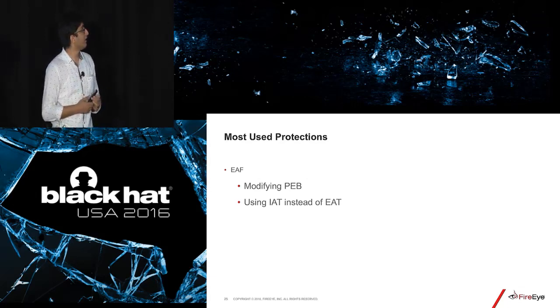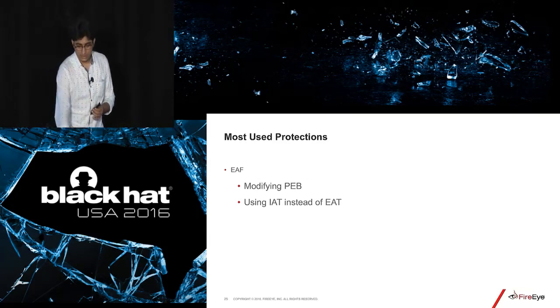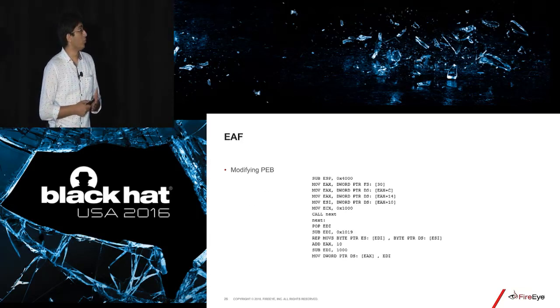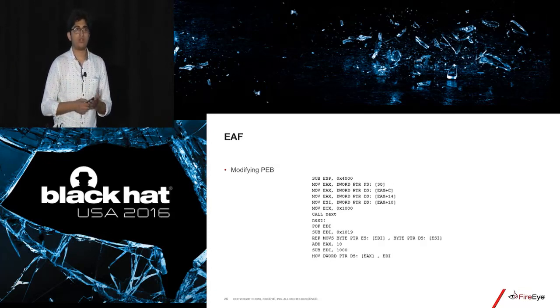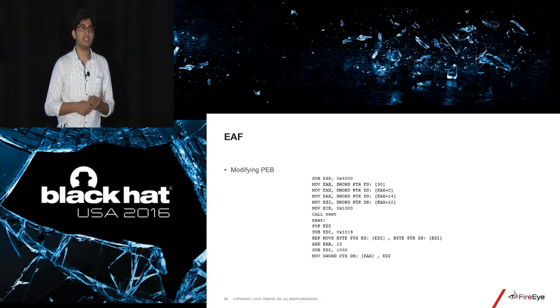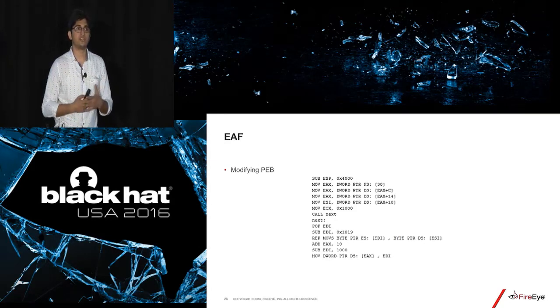So for this, we have two evasions. One would be modifying the PEB. Basically, you can violate as much as you want, but we can play around the detection logic that EMET creates. So what we do is, we use the PEB to find out the first loaded module. That should be the executable section. And let's say the executable module is Internet Explorer's own PE image. Now you try to find that,